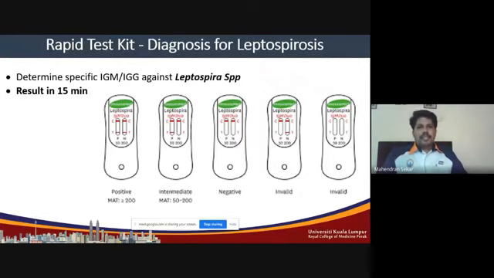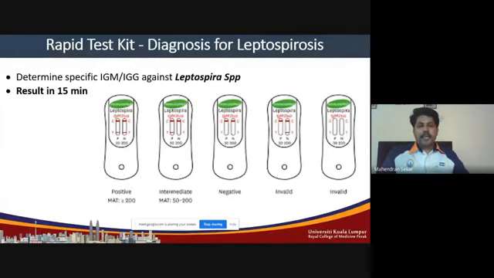And this is the test kit for leptospirosis. Leptospirosis, I think, is very famous in some Asian countries, especially Malaysia and neighboring countries like Thailand and Indonesia. Leptospirosis is an infection mainly from water and soil, from the urine of affected animals, which normally spreads to human beings. Initially they found some difficulties detecting leptospirosis. Now we have a test kit to determine it immediately, and we can get the results in 15 minutes.